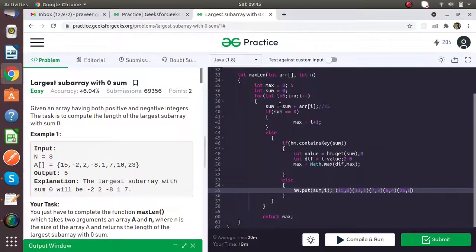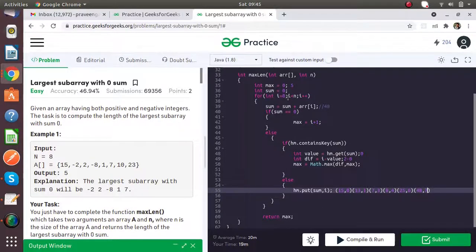Then again we add 25 plus 23, it is 48. Not equal to 0, and the hash map does not contain it. We simply add 48 with index 7.